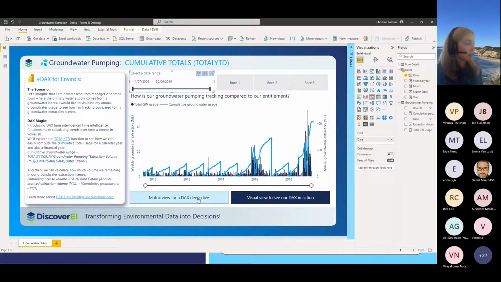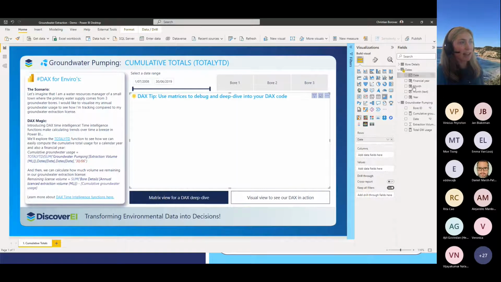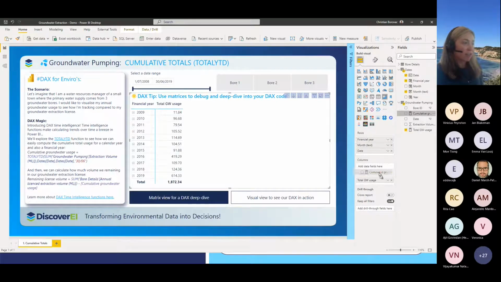If we wanted to really check it, that's where having a look in a matrix comes in handy. We can bring maybe financial year, a month, and date. We'll bring our total groundwater usage and also our cumulative groundwater usage into here.